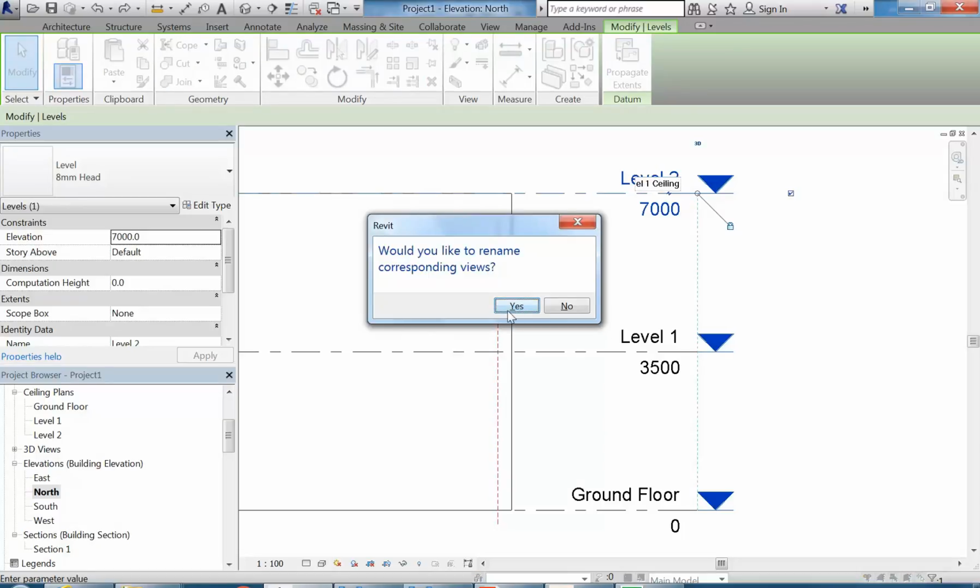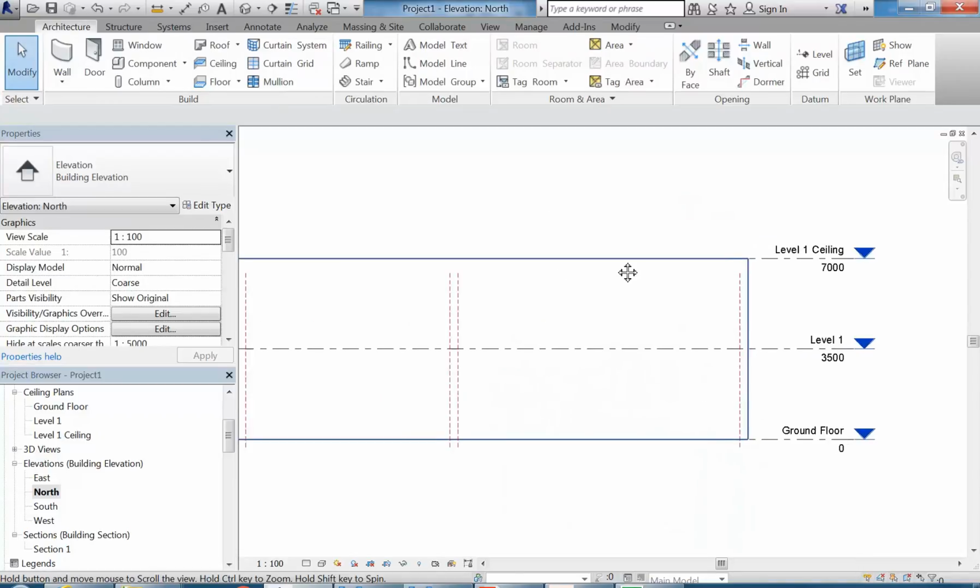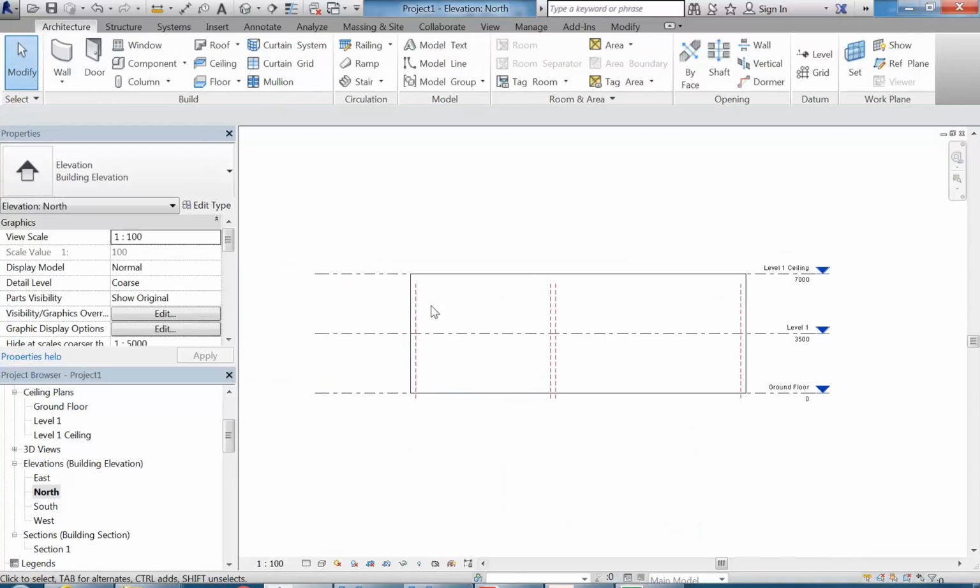And what do you say here? Always yes. Yep, for this one, always yes. Okay, so that level will be used to put the roof and other things like that, and we'll